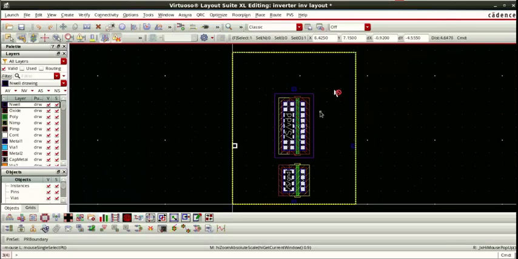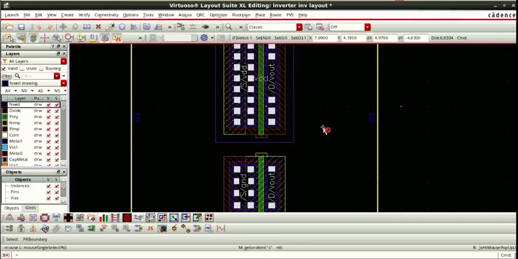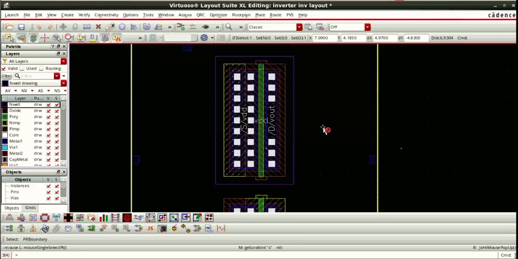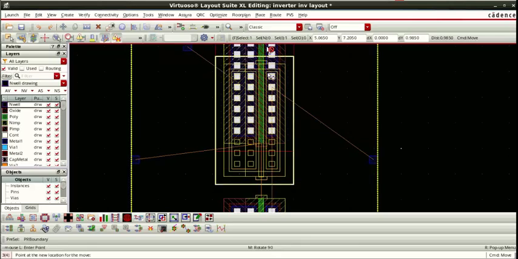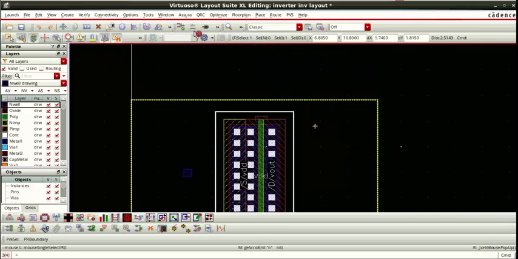So what we will do is, let us zoom and see properly. Let me put this pin side, that later I will put it here, and I am going to keep this PMOS little bit upside. Select, drag. Make sure that it should not go beyond this.